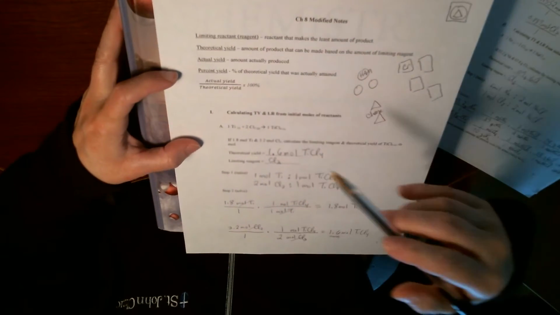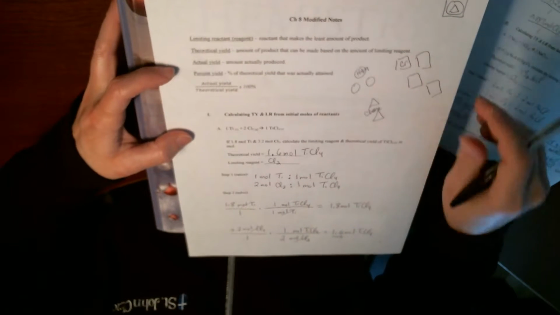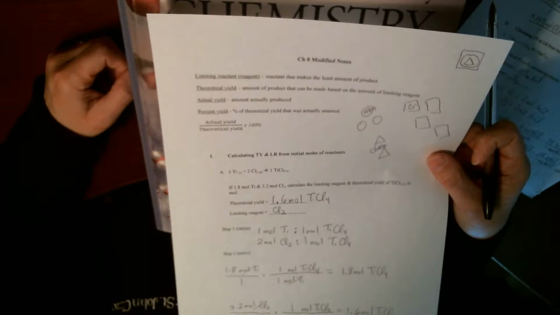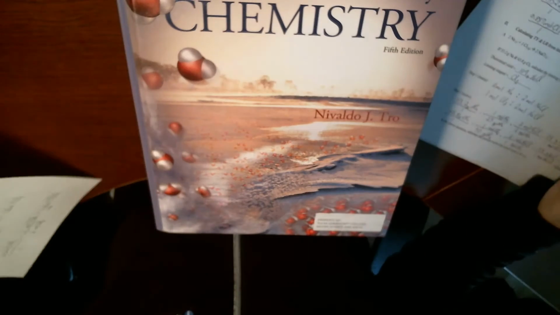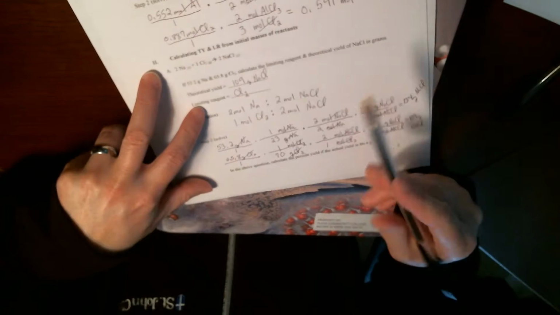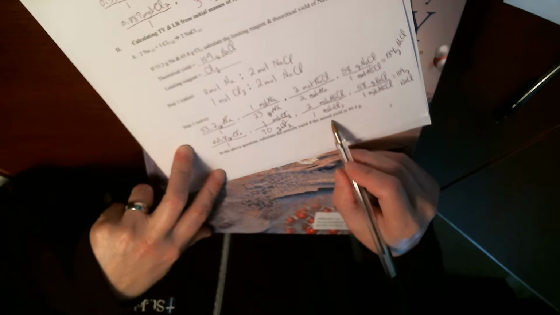Back on the first page, this is like what we did in the aspirin lab. So the percent yield, we're going to take our actual yield divided by the theoretical yield times 100 to get a percentage. So on this one, our actual yield is